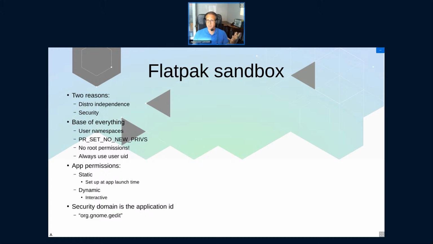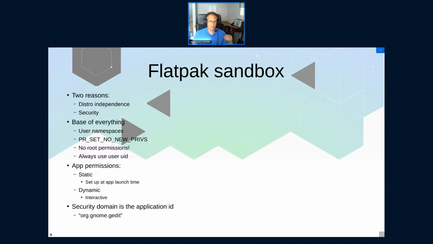But we also have interactive dynamic permissions. Things like access to a camera can be dynamic and decided at the place where we want to use the camera. We can just ask the user whether it's okay, or interact in a natural way to create dynamic permissions, which is something you just cannot do in Docker.